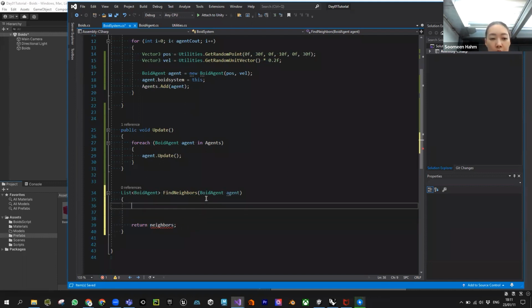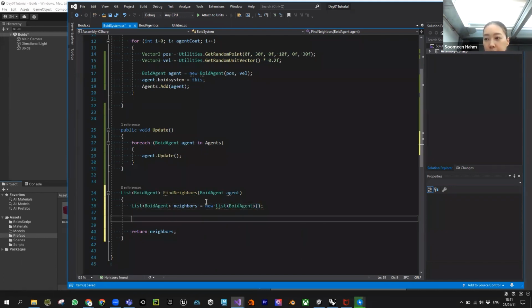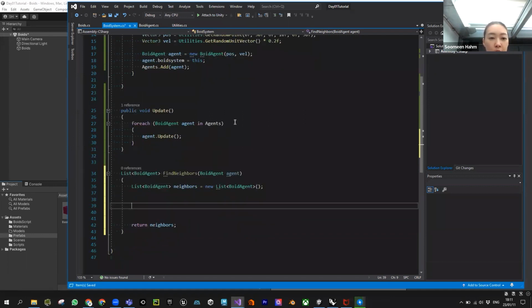And this is a new list. And here we are going to loop through each of the agents. So for each void agent neighbor